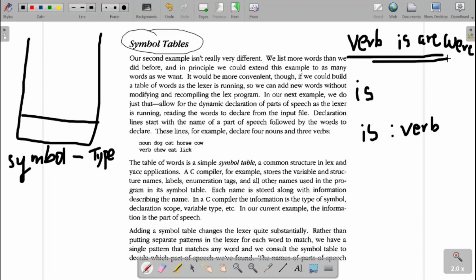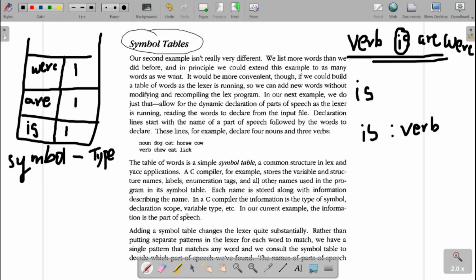Fine. So now when I go for this approach, I need a location wherein I can store these symbols. Where should I store these symbols? That location is nothing but the symbol table. The symbol table will hold these symbols. If I take this example, is, that symbol will be entered into the symbol table. The type of is a verb. Let us give one number to it; I will give the number as 1. The next symbol is or, which will be given a 1. Again, were. Were is also a verb, so I will give it a 1.